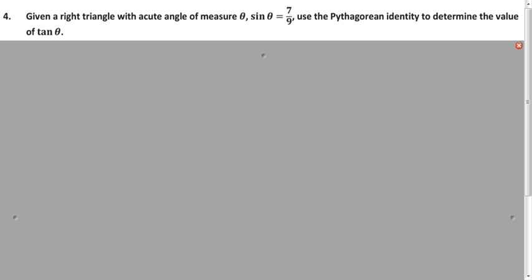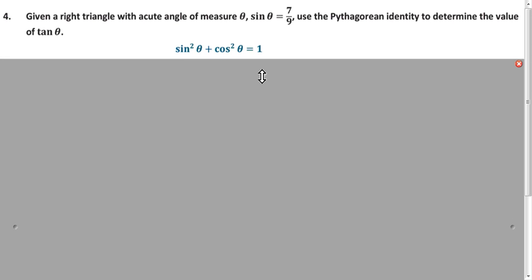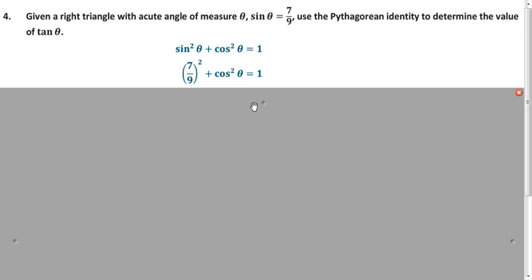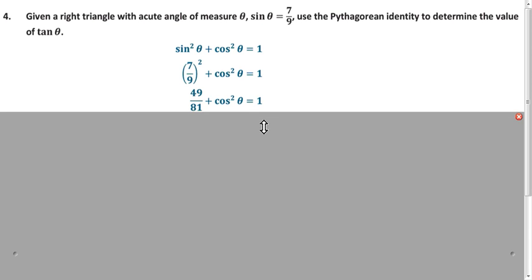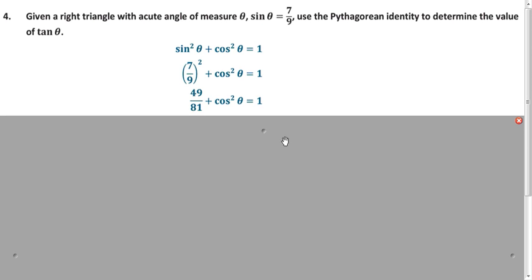And one more example. So I want to figure out what is tangent of theta. So remember, in order to find tangent, we can do sine of theta divided by cosine of theta. So all we're missing here is cosine of theta. So let's see if we can solve this, and then I'll show you my solution. Using the Pythagorean identity, we substitute. We square this, subtract it from both sides,